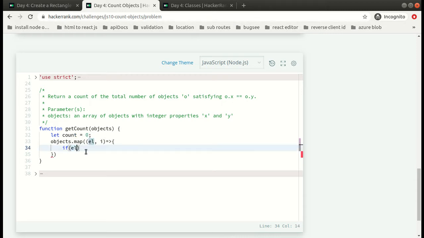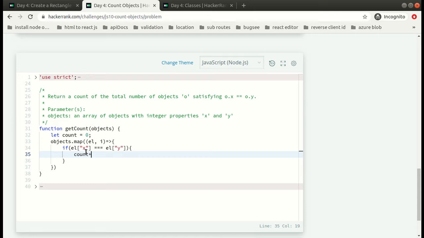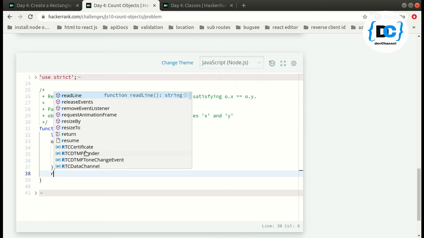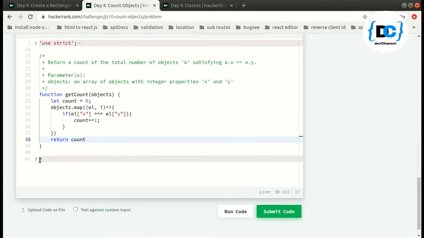If the value at x in that object is equal to the value corresponding to the key y in that same object, if both of them are equal, then we can simply do count plus equal 1. And over here we can simply return count. Cool, I hope this makes sense.